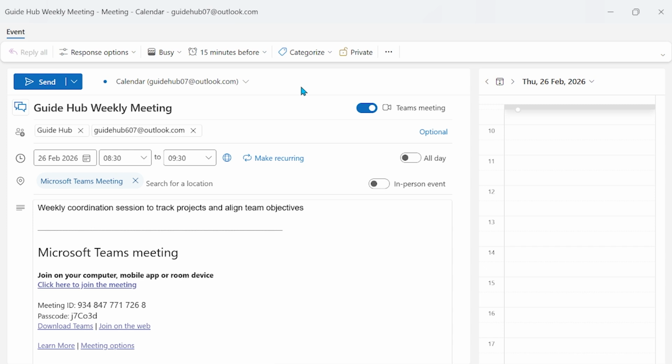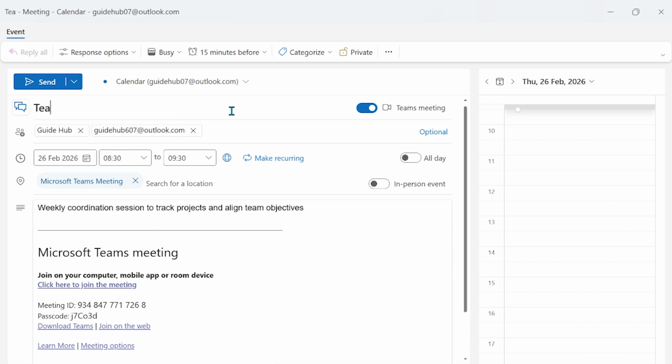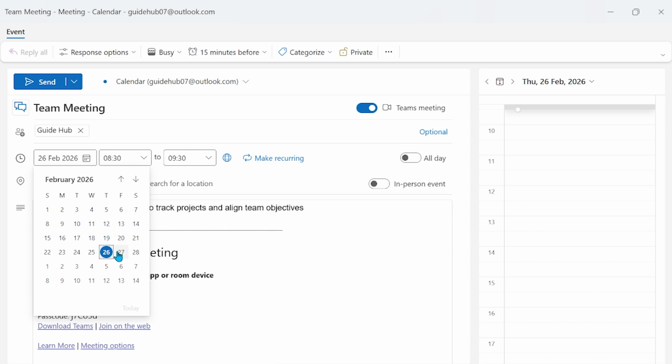In this window, change the title if needed, for example to Team Meeting, by clicking on the title field and typing the new name. Add or remove email attendees if necessary, for example by removing certain attendees from the list. Change the meeting date if required by selecting the Date field and adjusting it to your preferred date using the